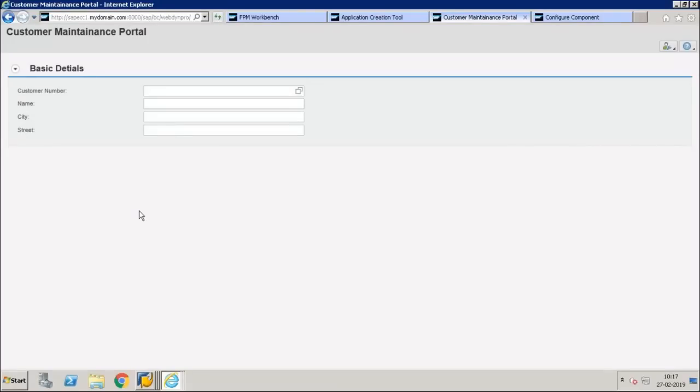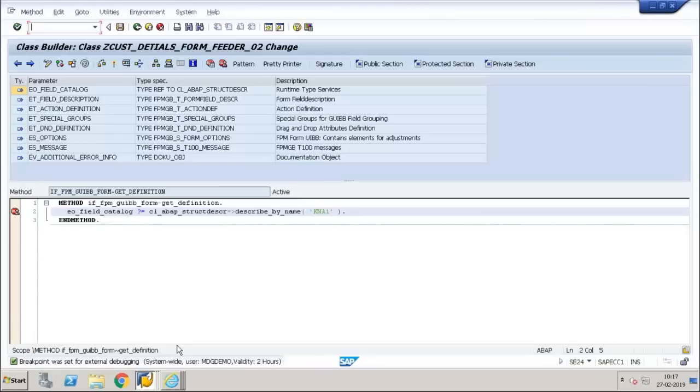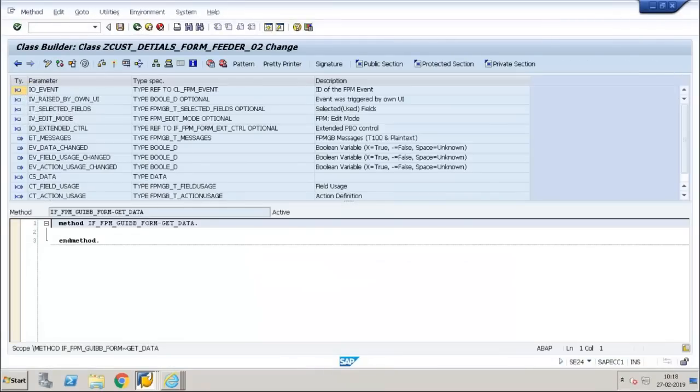Now whatever I'm doing, this is not at all related to MDG. This is completely independent of MDG. I'm trying to introduce you to FPM based application creation. Now if I want to populate the data,